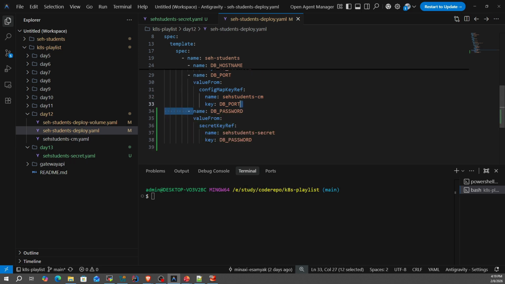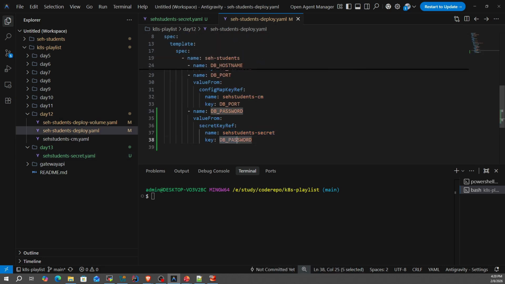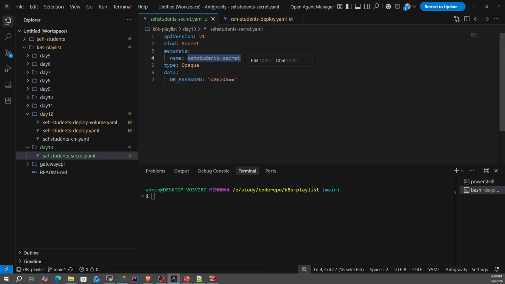Name DB_PASSWORD means inside the container the environment variable will be called DB_PASSWORD. secretKeyRef means we are reading the value from the Kubernetes secret, and here name is SCH student secret. The name is the SCH student secret name, and here key DB_PASSWORD is the exact key name inside the secret, that is DB_PASSWORD.